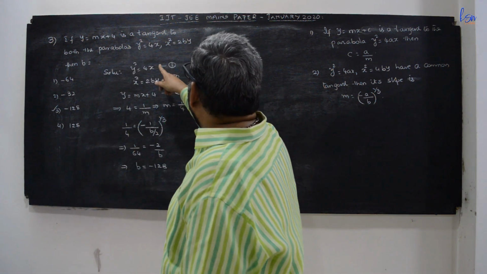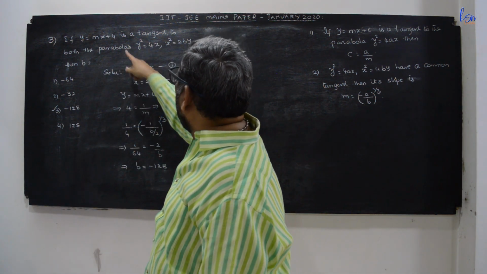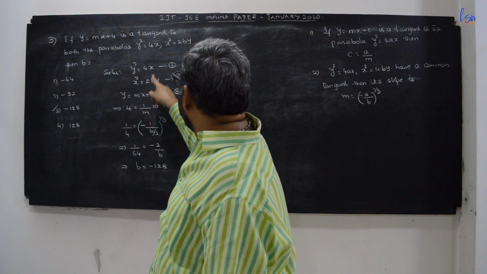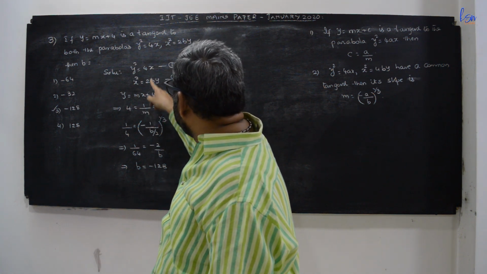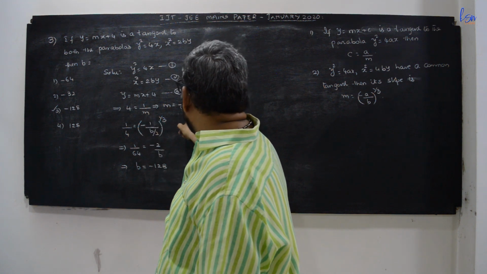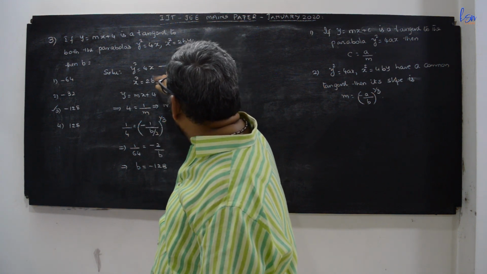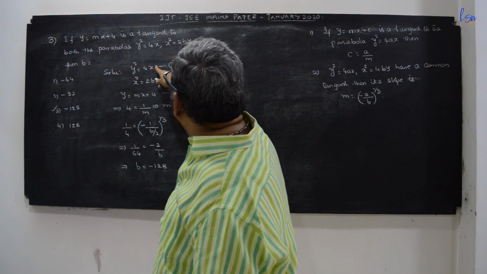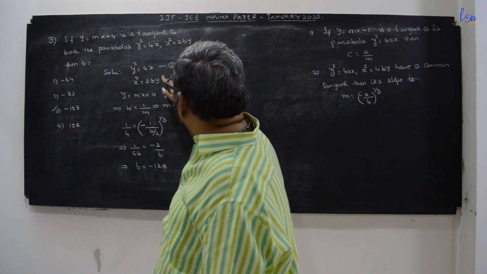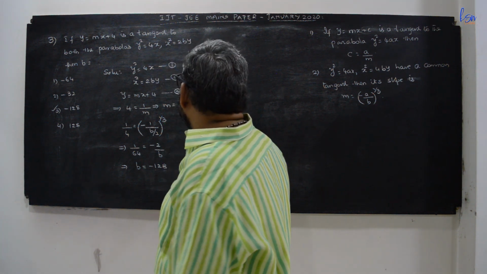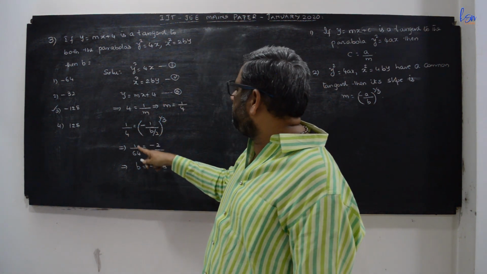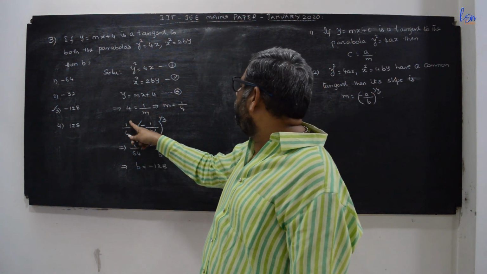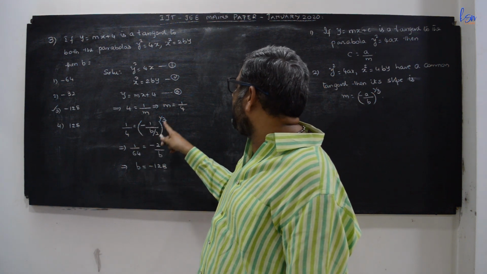So here the two parabolas are given and a line is given to us which is said to be the common tangent for both the parabolas. Applying the condition that c is equal to a by m, I got m equal to 1 by 4. Later, if any line is a common tangent to both these parabolas, then m is equal to minus a by b whole power 1 by 3. So 1 by 64, 1 by 4 is equal to minus 1 by b by 2.